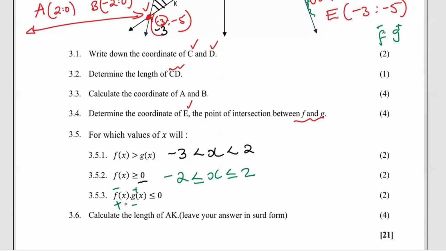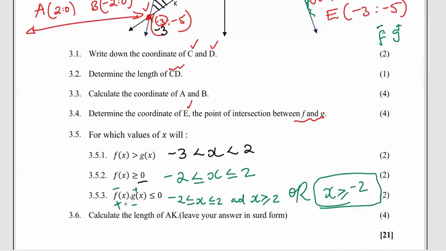So either I express it in the form of negative 2 is less or equal to x, less or equal to 2, and x being greater or equal to 2. Alternatively, what I can also say is just x should be greater or equal to negative 2 once and for all. So either I break it down into the two scenarios or just once. All right, then